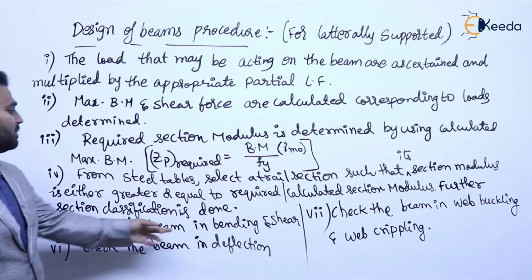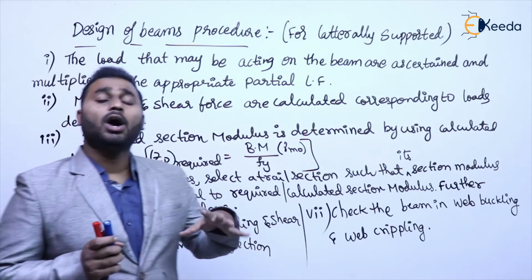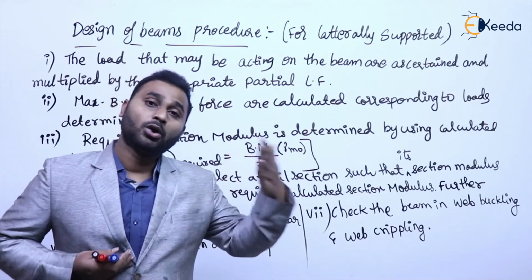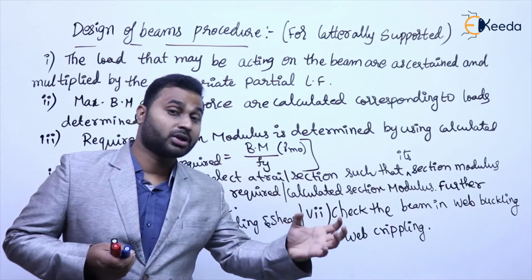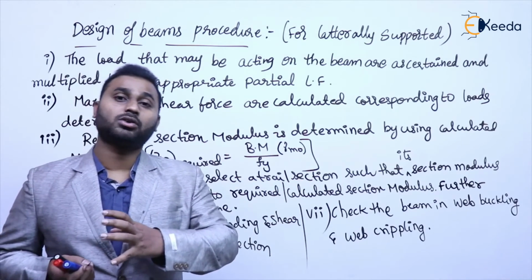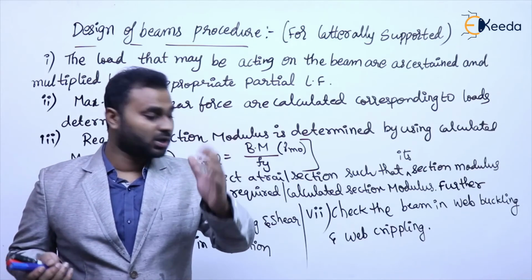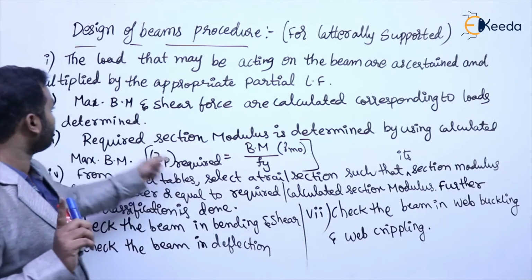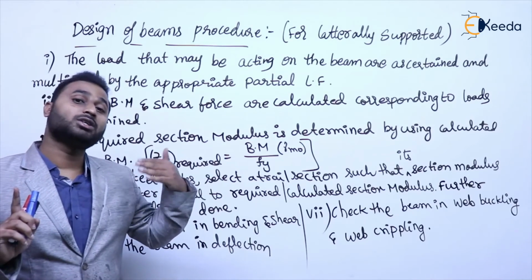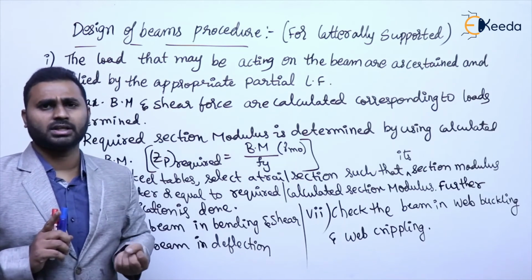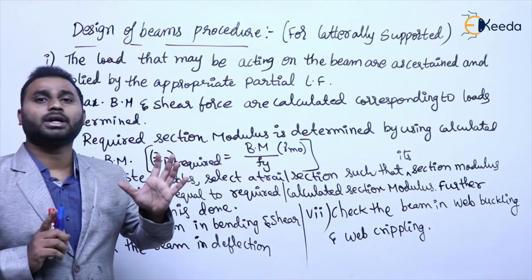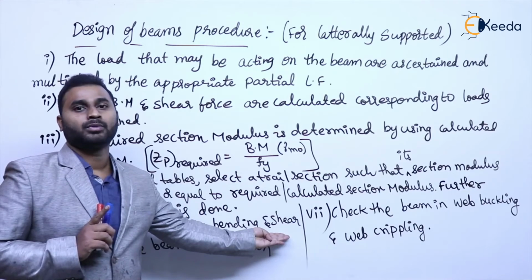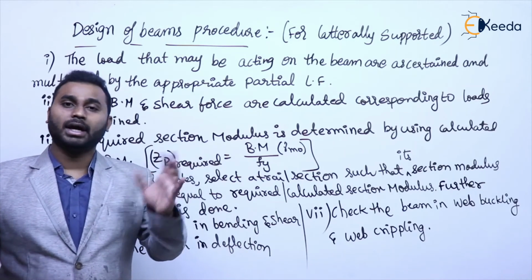So see here, check the beam in bending and shear. It means already we have discussed how to calculate design flexural strength or design bending strength for a beam. So we have seen so many formulas in low shear case and high shear case, and in laterally supported case how to calculate, and in laterally unsupported case also how to calculate. So by making use of those formulas, we calculate the design bending strength, and that calculated design bending strength should be greater than or equal to this maximum bending moment. And of course there is one check for that design flexural strength. So all those criteria, this beam cross section should meet. And in the same way, the beam is to be checked in shear also. And again, how to calculate the shear and what are the formulas and everything we have discussed.